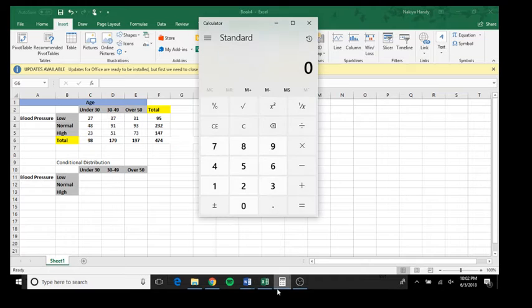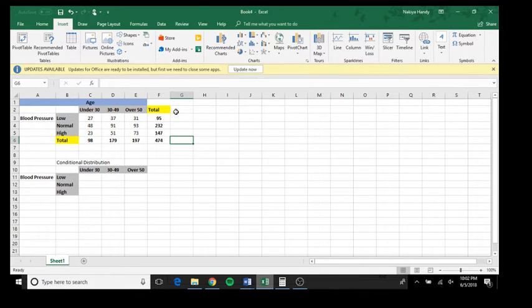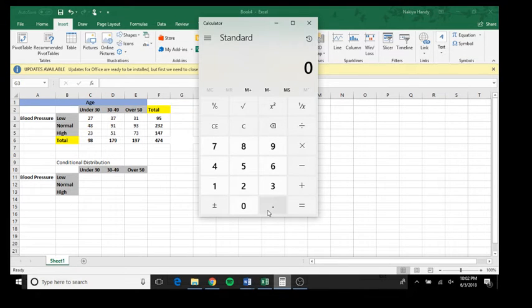I'm going to get the overall percentages of each blood pressure level and put the percentages right next to the total numbers. So for this one, we're going to do 95 divided by the total number, which is 474, and